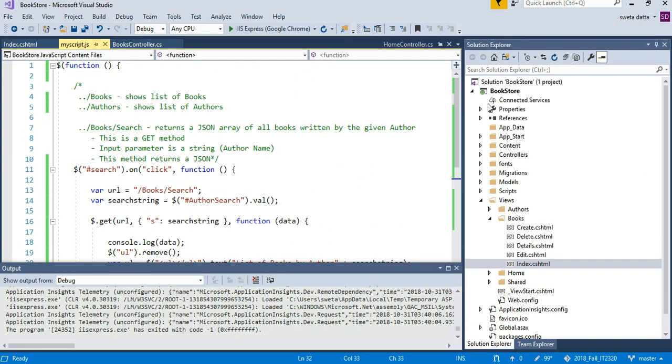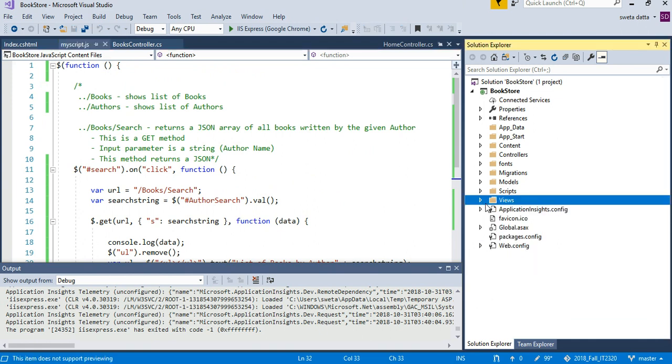So this concludes our Ajax jQuery single application where you have the client and the server talking to each other. So that's the first part. Make sure that you have Visual Studio 2017 installed, and make sure you have IIS installed. Usually it comes with Visual